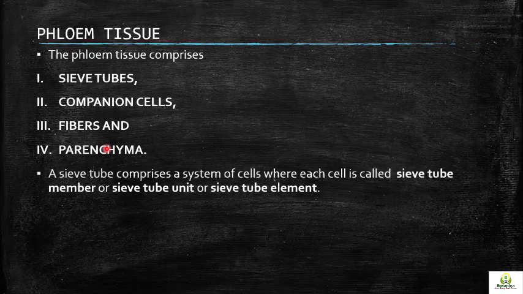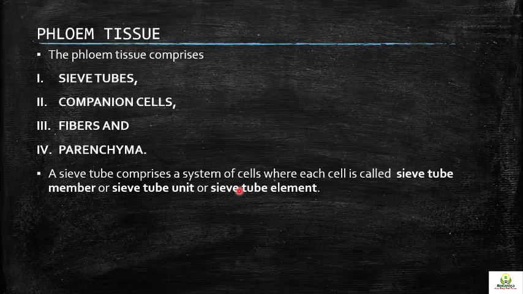So a sieve tube comprises a system of cells where each cell is called a sieve tube member. As we have said, sieve tubes are the major cells through which the transport occurs. Sieve tubes are a system of cells which are joined end to end. So one sieve tube element is connected to the other, making a complete straight line